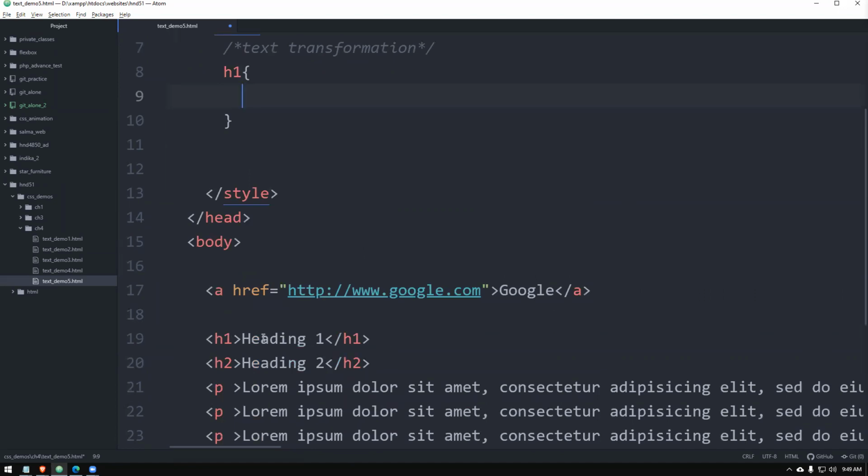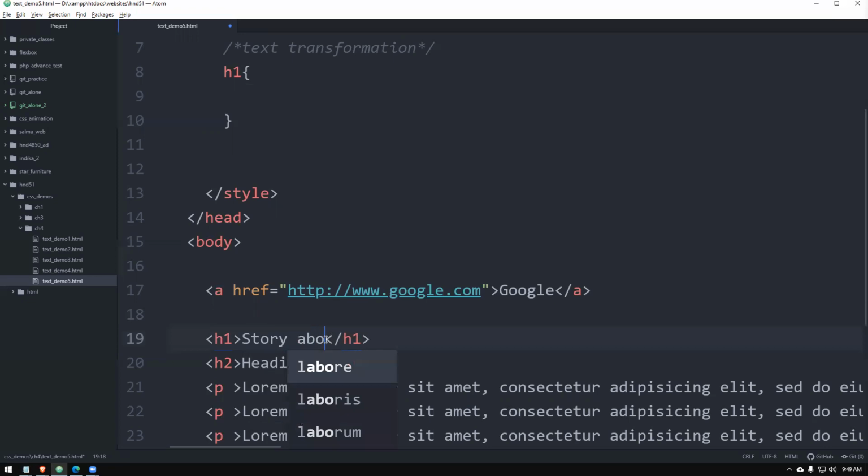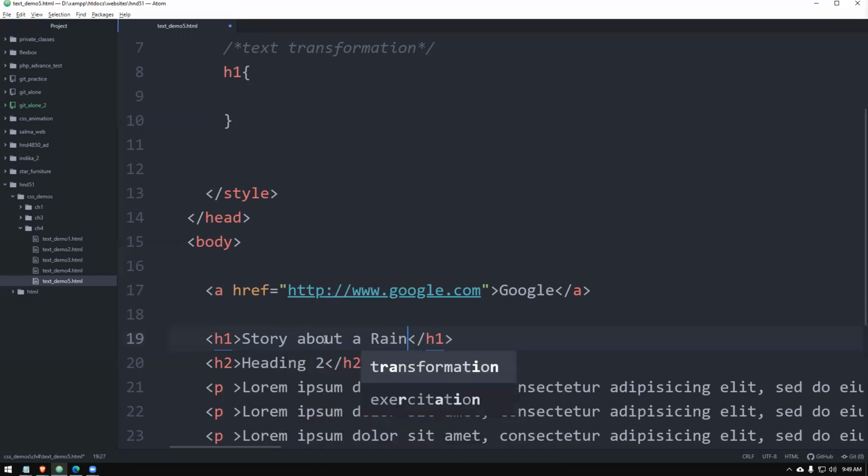The heading we will say, story about a rainy day. I want you to write like this. First letter only capital. See, story about a rainy day. This is the sentence that we have.